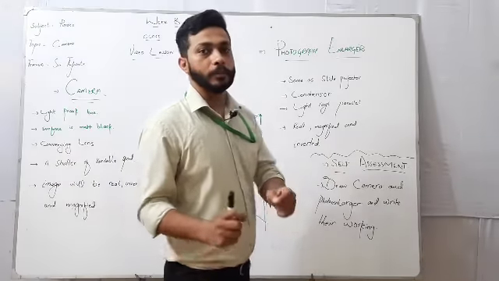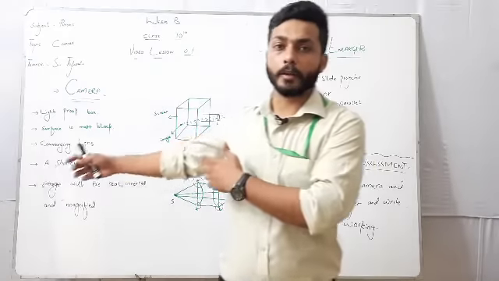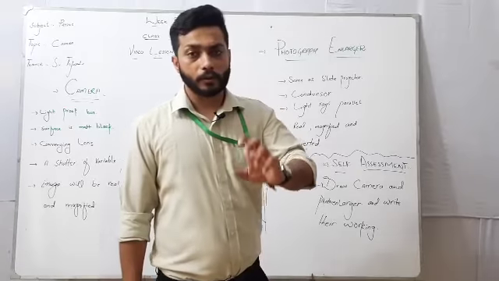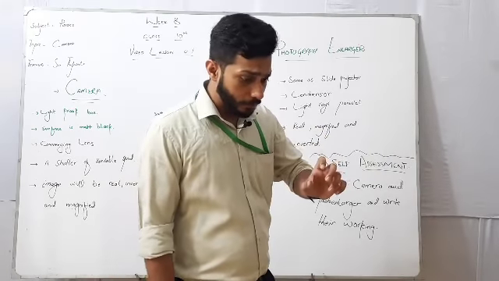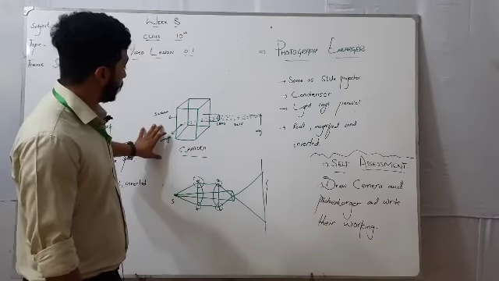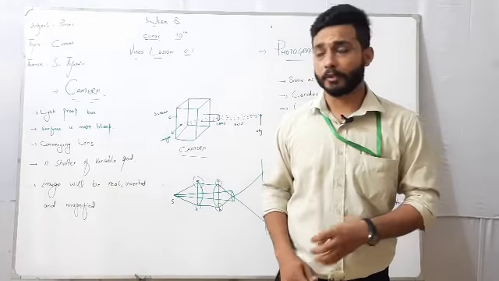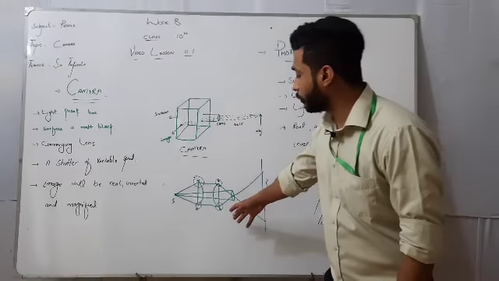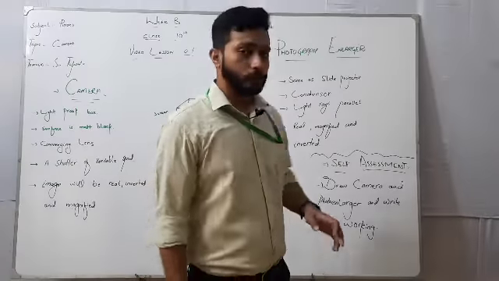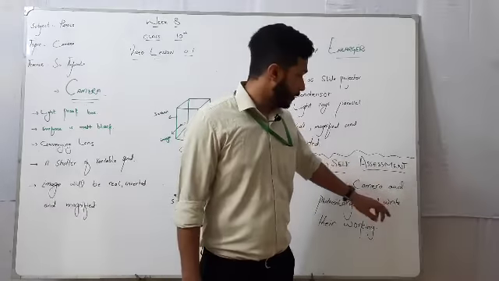Next one is the image will be real, magnified and inverted, same as the camera. So the image which is forming in a camera and a photograph enlarger are of the same type, but the thing is, in a camera we can use a shutter of variable speed, but in a photograph enlarger we just use two condenser lenses to enlarge our photo.